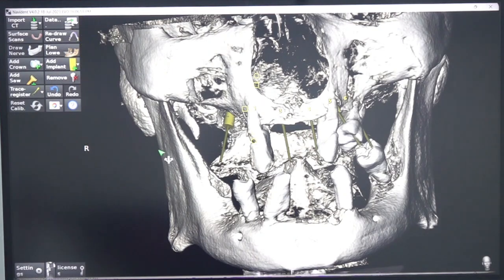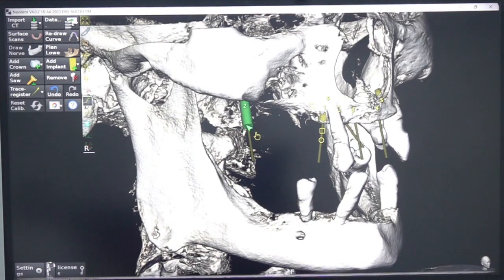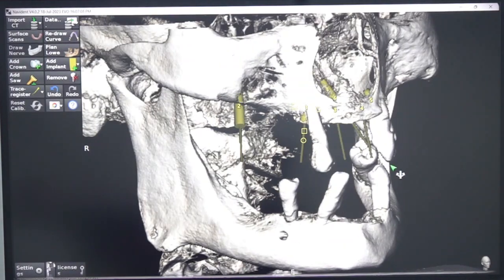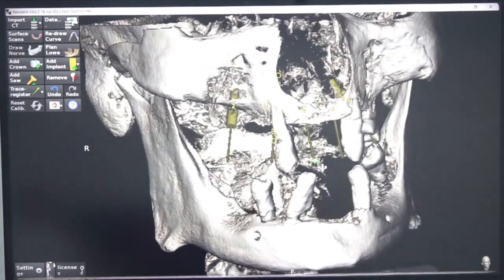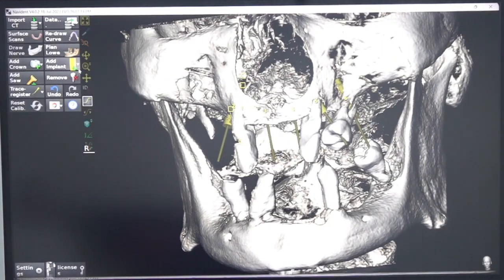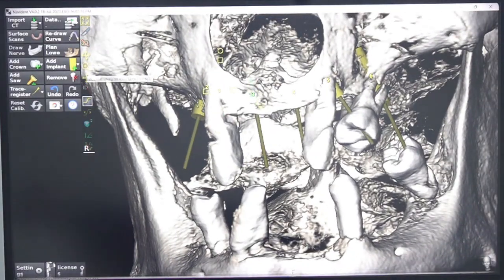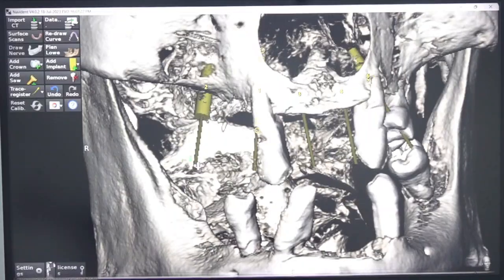So this patient we are planning for full mouth rehabilitation. This CBCT was sent by one of our course doctors. As usual, first we will see the 3D reformatted view. The important striking features are very less height, a lot of resorption, and thin ridges,